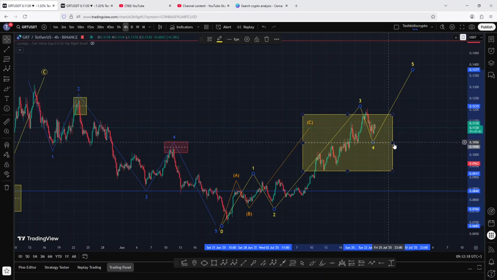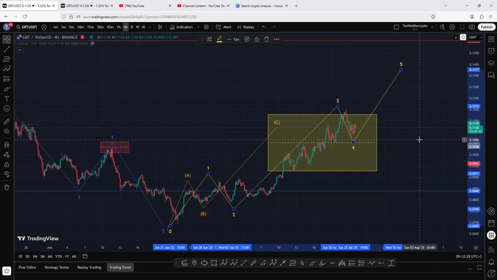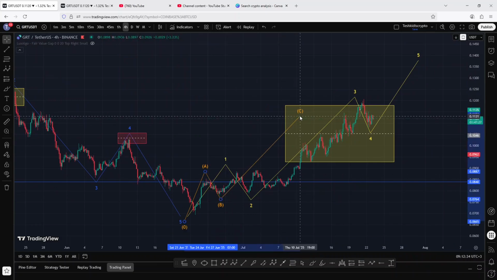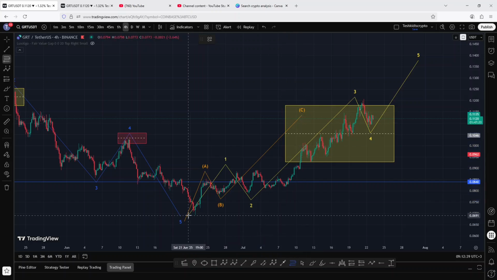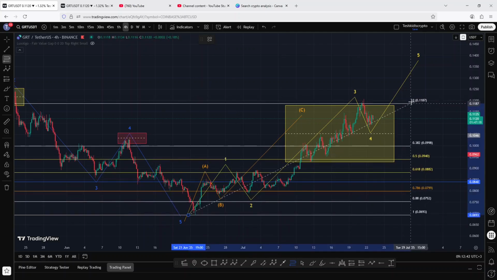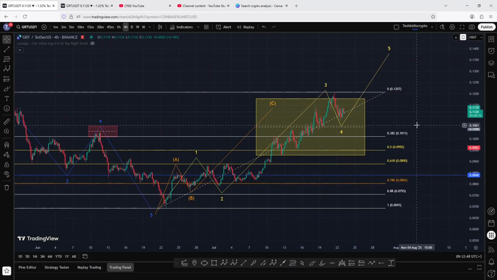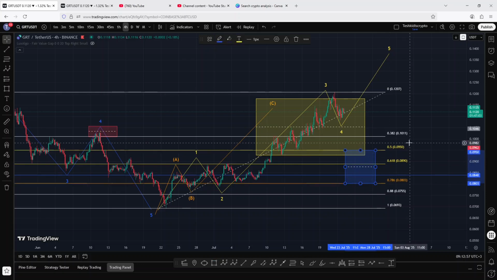Alternatively, in case we get rejected within this 4-hour key area of resistance and we continue seeing further pullbacks here on the charts, then it is most likely that this bounce over here is just an ABC corrective bounce. And if that is the case, then connecting the Fibonaccis from the lows we made in the formation of that wave A to the highs we made above the 0.1207, we should be able to identify a minimum pullback target area, and that is between the fib level 0.5 and the 0.786, and that lies between the 0.095 and the 0.08 mark, which is that blue target